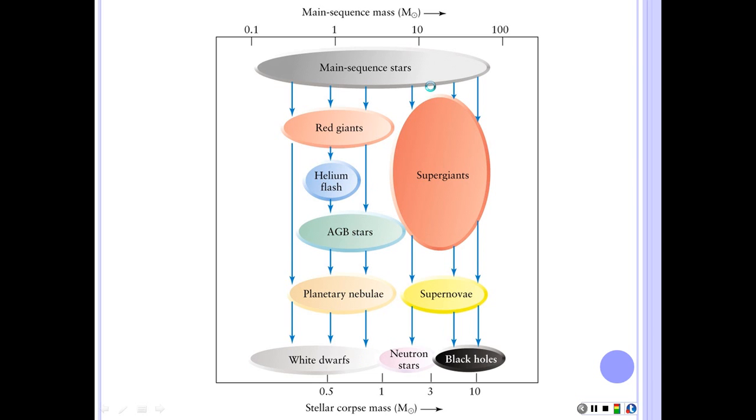And then we have higher mass stars that are always supergiants. They stay as supergiants even though they're changing in temperature, and then they blow up and become supernovae, and then you're left with either a neutron star or a black hole. And so this is their mass in the main sequence. If they're above about 8 solar masses, they're going to end up as neutron stars or black holes. Below about 8 solar masses, they become white dwarfs. And here you can see what the remnant masses are. So the white dwarfs are below about 1 solar mass, neutron stars up to about 3, and then above 3 you're going to get a black hole. And that's it for